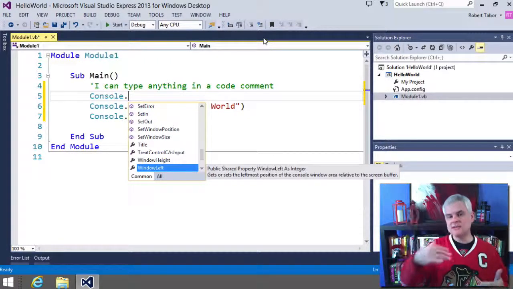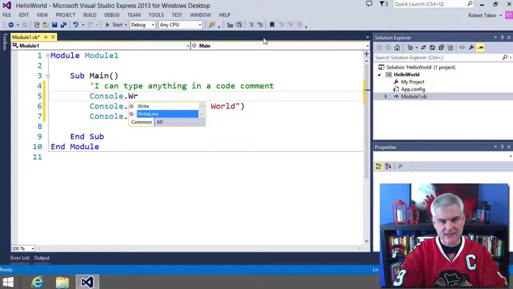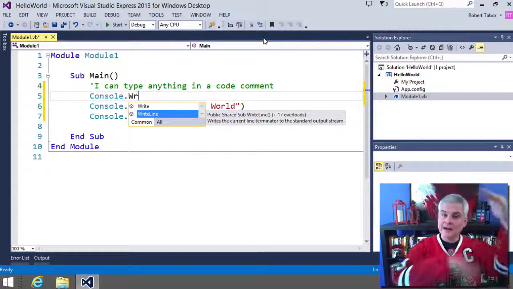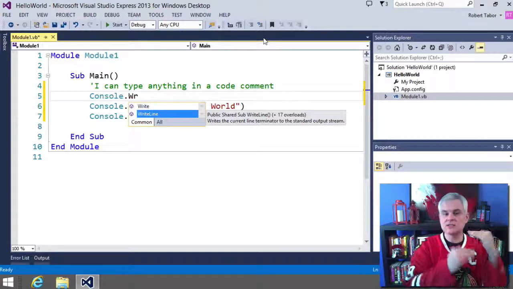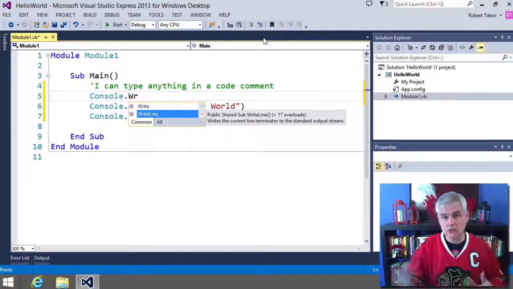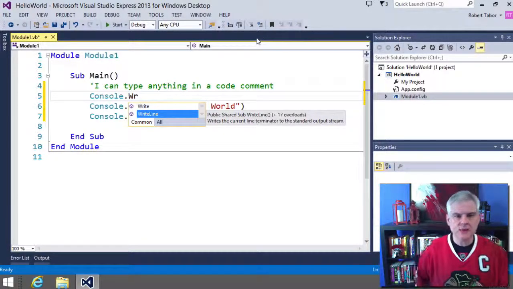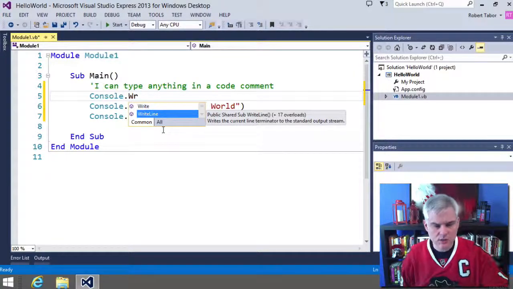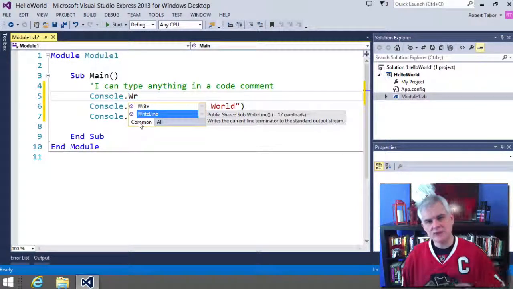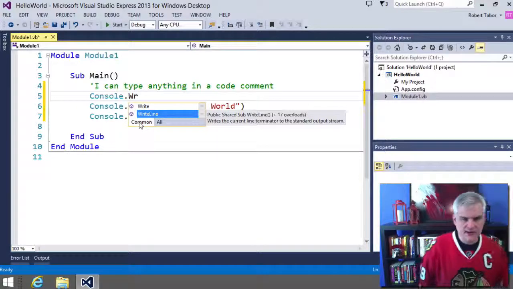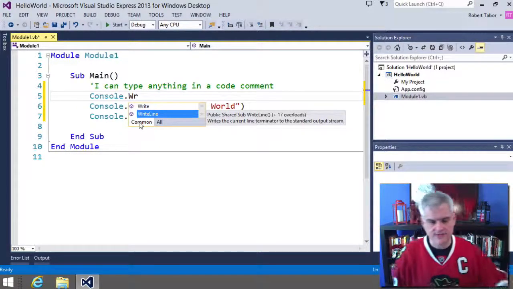Now, if there are too many selections left, I can filter that list by typing WR, and now it's shortened that list to just two possible options, Write or WriteLine. And there's another thing that I want to point out here, which is that Visual Basic has a special feature that you don't find in C#, for example,